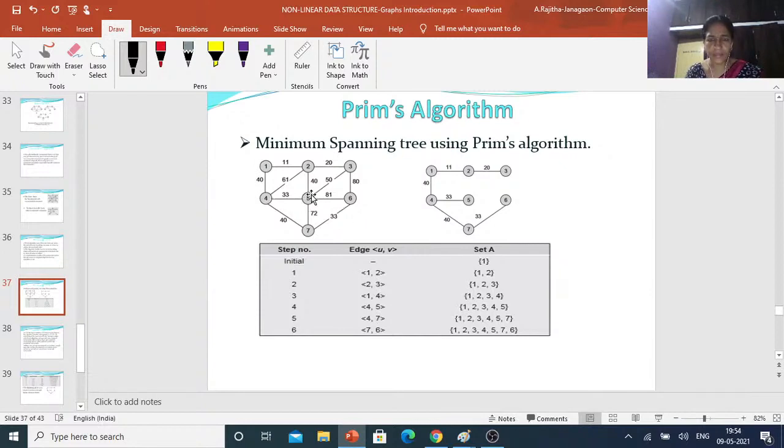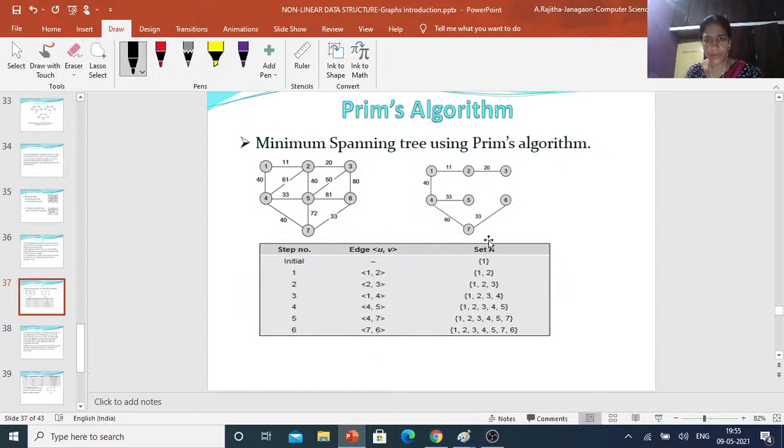While forming the graph, suppose you can observe here, suppose you take 2 to 5, here a cycle exists, so there should be no cycles, and that's why you can leave this edge. Okay, this is what the Prim's gives, that means 1 to 2, 2 to 3, and 1 to 4, 4 to